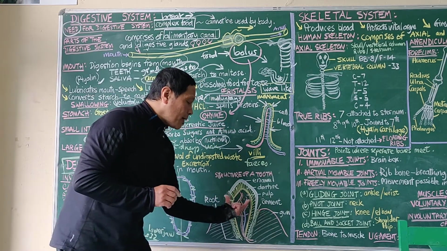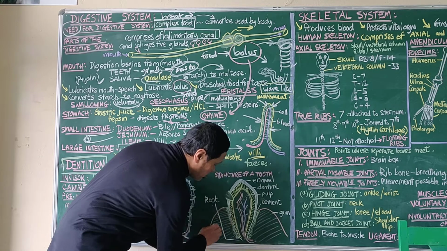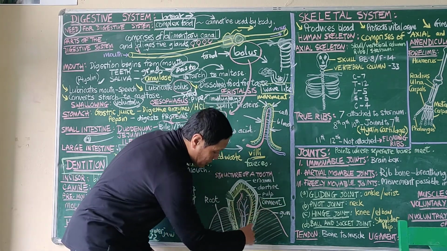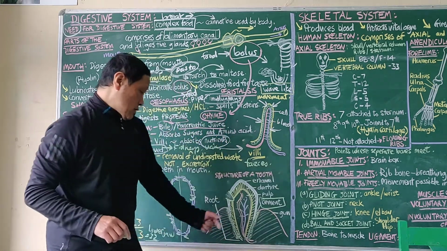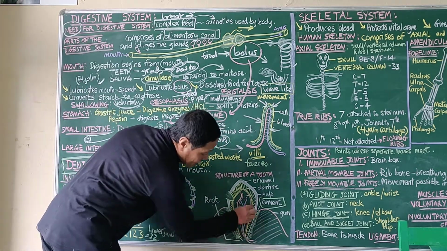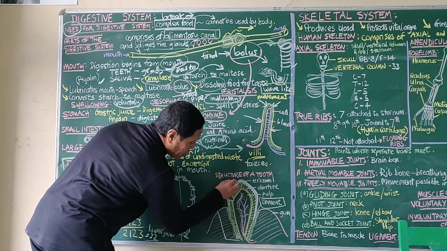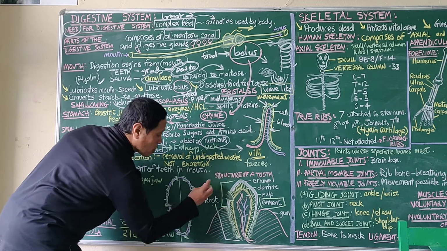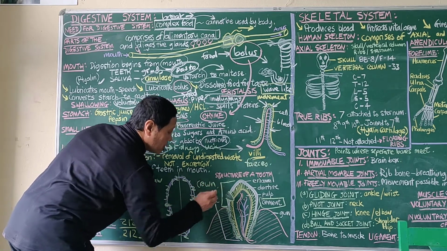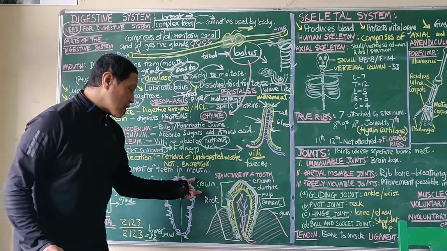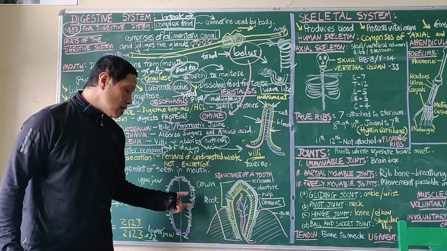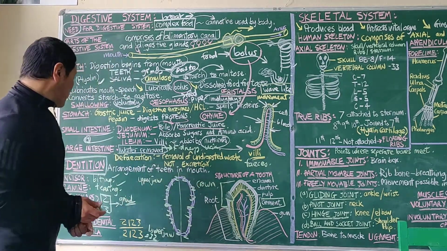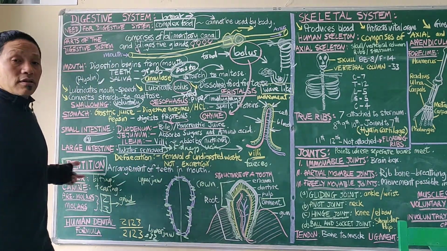Now the tooth is embedded in the gum, this pink portion, with the help of a substance known as cement, which is this green thing that I've drawn. Okay, and this part which is inside the gum is called the root, and the part which you can see that sticks out of the gums is called the crown. So a tooth contains a crown and a root. The root you cannot see, but the crown is more like the shoot system of a plant. So this is basically what dentition in humans is.